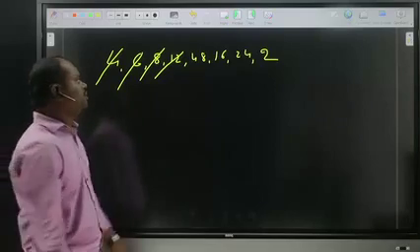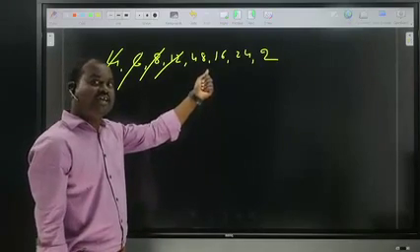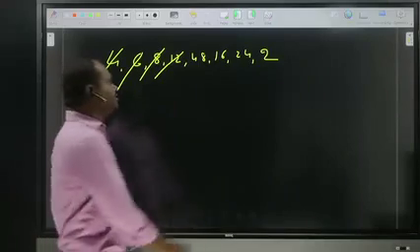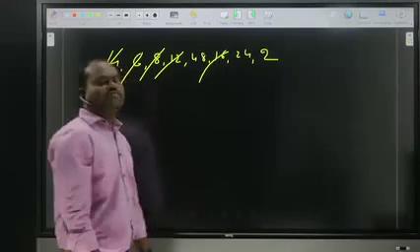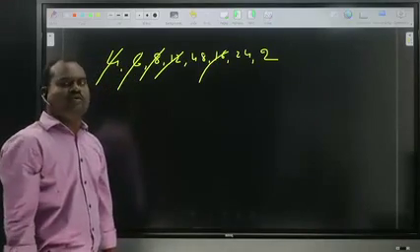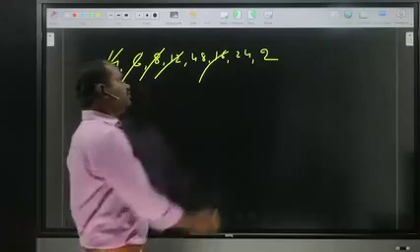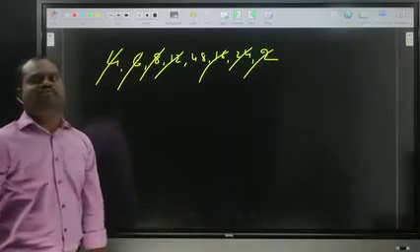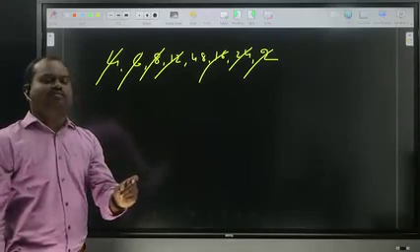Next, 16. 16 we can eliminate, because in the 16 table you will get the 48. So we can eliminate the 16. Next, 24. In the 24 table we will get 48. So we can eliminate the 24 also. 2 clearly we can eliminate. So what number is balanced? 48. If only one number is balanced, that is only the